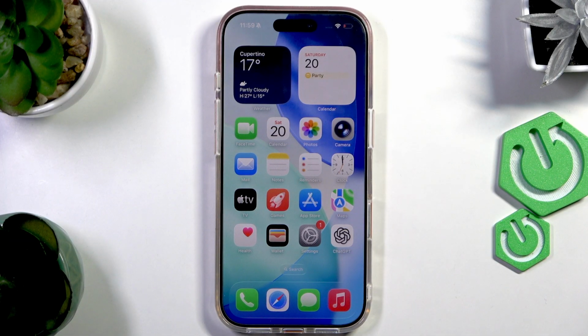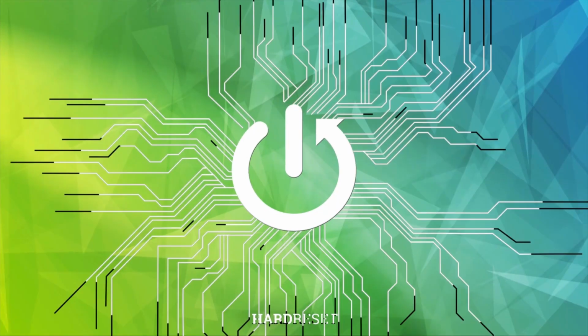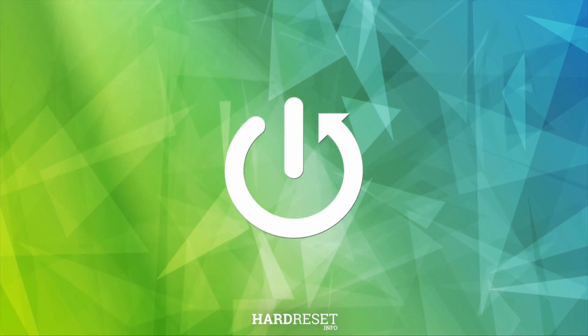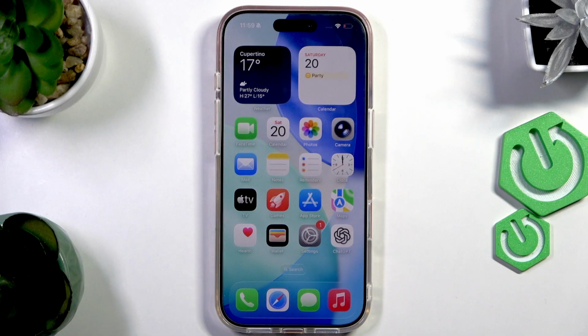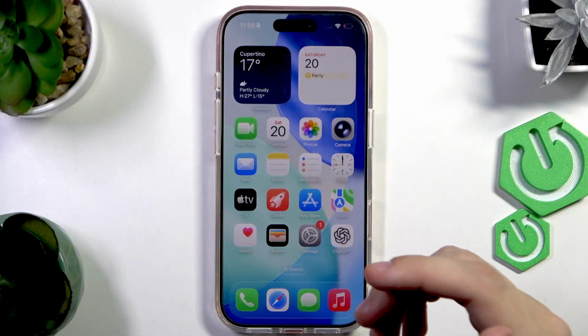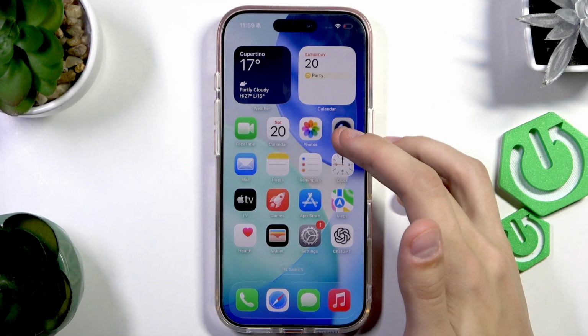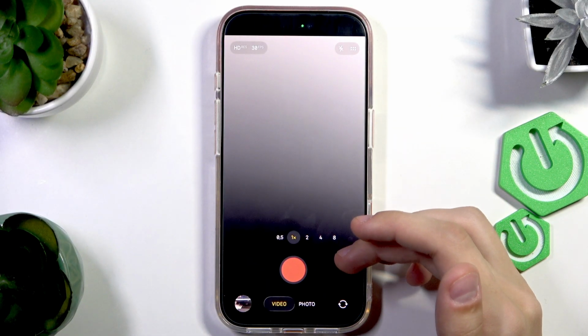I'm going to show you how to slow down a video on the iPhone 17 Pro. So there are a few ways that you can slow down a video. The first one is I'm going to show you how to record a slow down video. So before you've actually recorded the video,